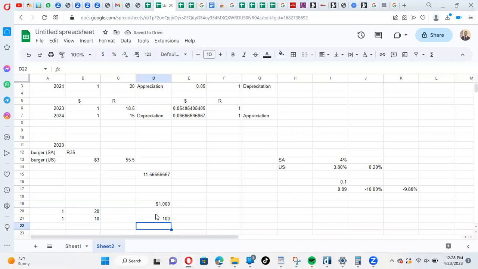But now that the rate has almost doubled, it has depreciated by almost double, it's 1,000 divided by 20. So you can only buy 50 items now with the same amount. With the same amount. So which basically means